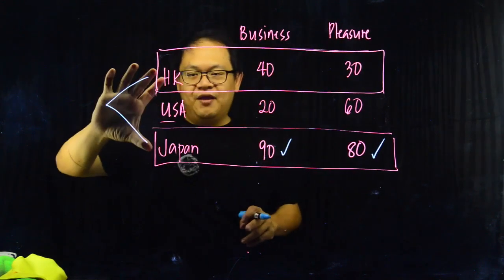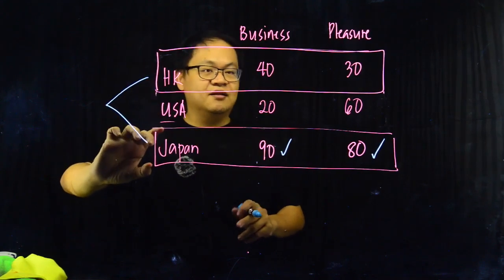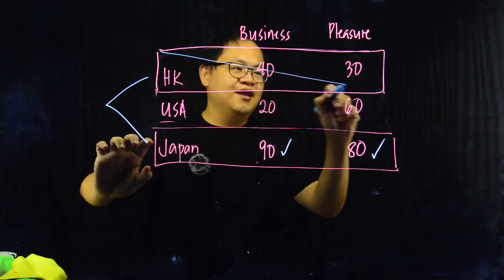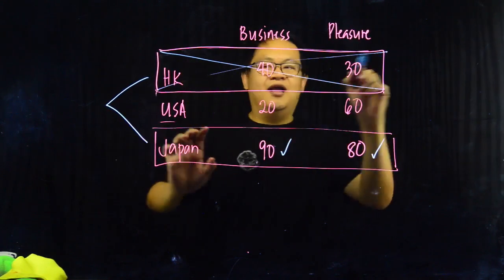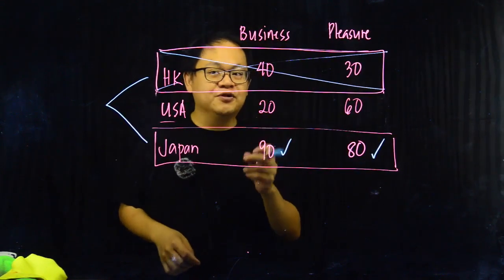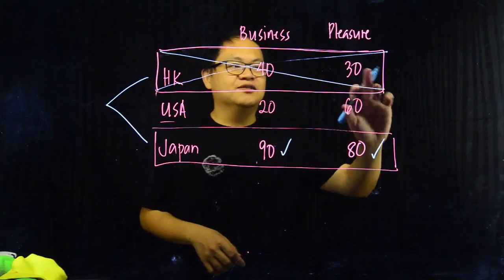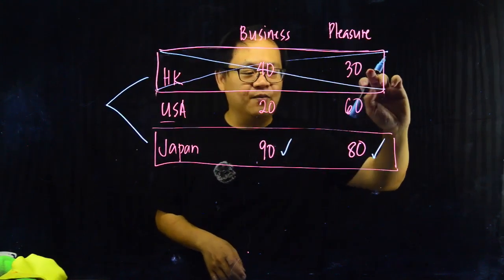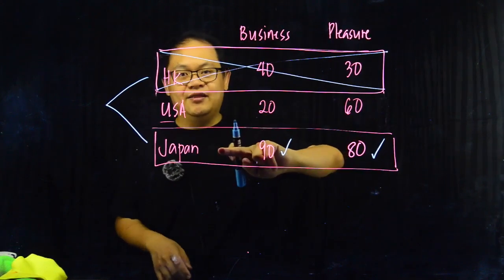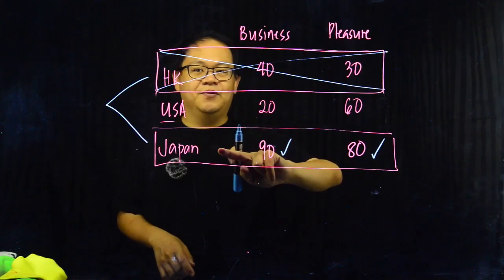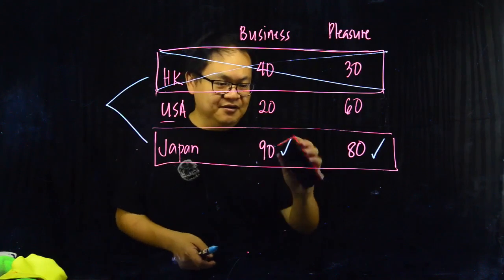And because you're comparing the two and Japan is the clear winner, then we can say the Hong Kong option is dominated. Okay? The Hong Kong option is dominated, and this option is dominated by the Japan option. Okay? In the same manner,